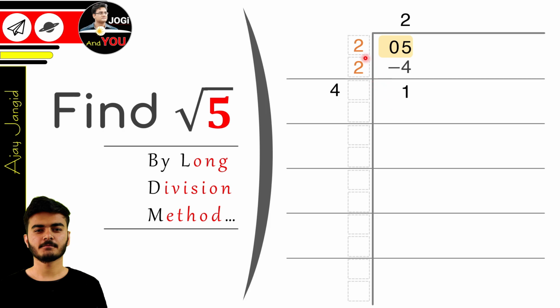The product will be on the right side to subtract it from 5, and the sum of these will be on the left side. This space will remain empty until the next step. You have to maintain it in every step. If you see the left side, the space I told you to maintain will be used for the next step.